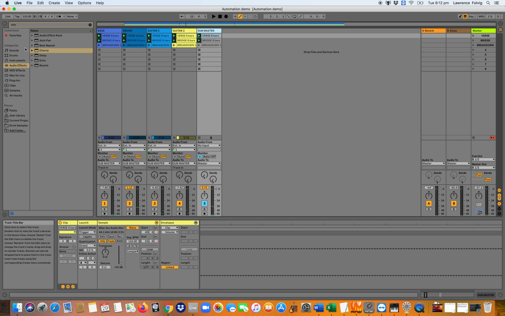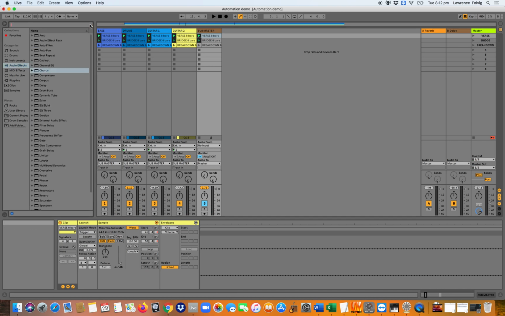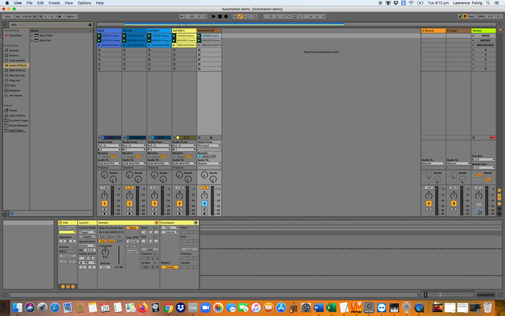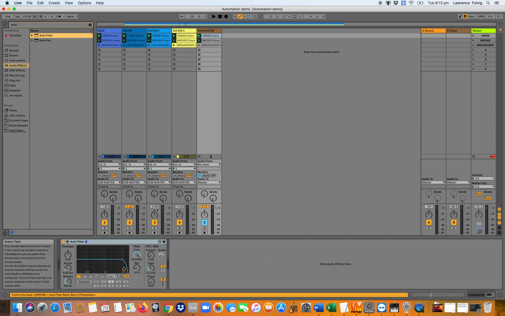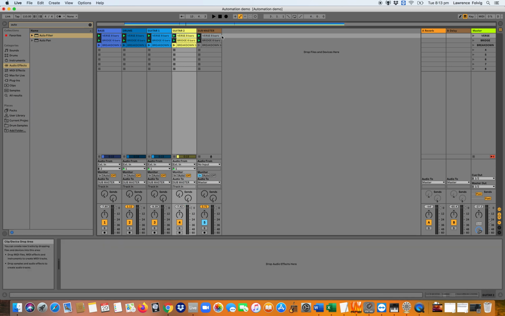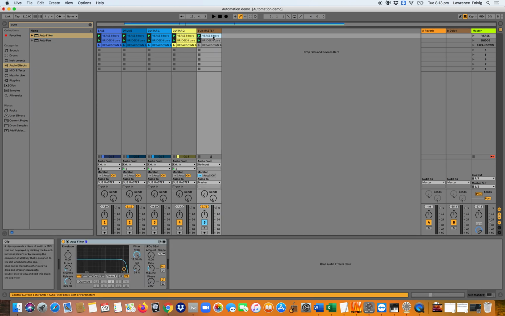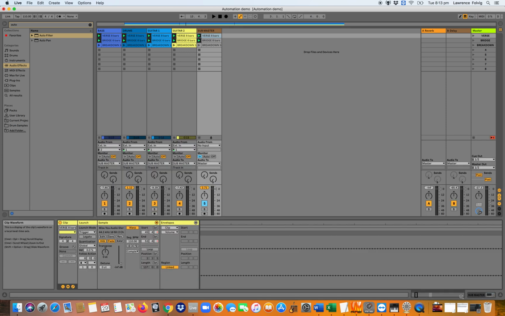Okay, I want to do the auto filter trick. So I can put the auto filter on the submaster. And if we wanted to work the same way it did before, like doing the last 2 bars of that verse section, basically what I can do is select that first dummy clip, go down to the bottom right,